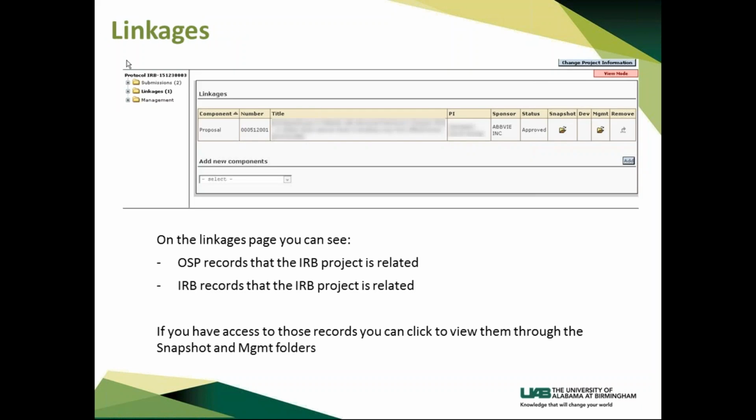Now linkages, again, here, this is just a linkage to a proposal record for this IRB. Again, IACUC works the same way. So here we've got our proposal, and it tries to tell you what it's linked to. So it would be a human subjects record, a proposal, a lab animal record. It gives you the number, the sponsor, the status of that, and then you can click on a snapshot, and that'll give you kind of a Cliff Notes version of what that record has in it